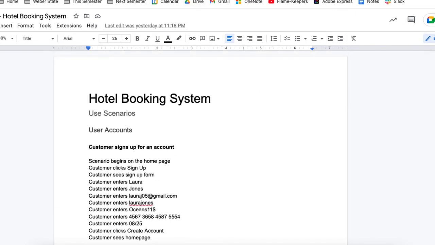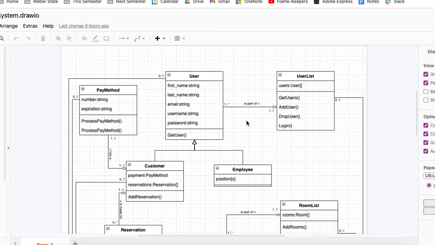Another tool that you're going to use is the class diagram for the hotel booking system. Now this is the class diagram that you created in the last module, and I will also be giving you a completed version of this. So you'll use your use scenarios and the class diagram for the hotel booking system to create the extended use